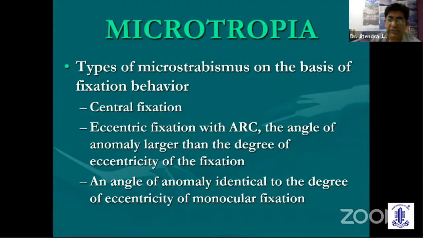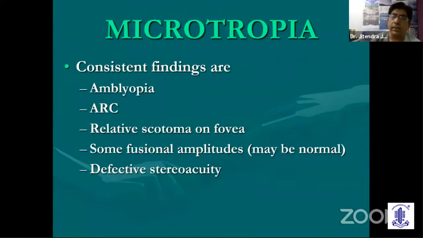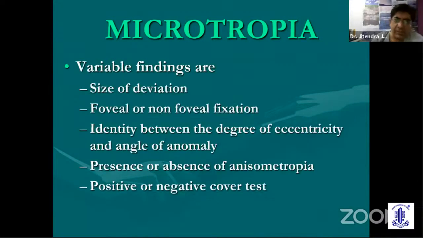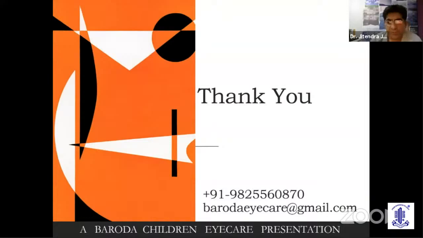Patients can have central fixation, or can have eccentric fixation with ARC, where an angle of anomaly larger than the degree of eccentricity of fixation is unharmonious ARC, and an angle of anomaly identical to the degree of eccentricity is harmonious ARC. So ARC would normally occur in microtropia, and there would be a small relative scotoma on the fovea, and there will be stereoacuity, but this could be defective. So these are the variable findings of microtropia. That was all regarding